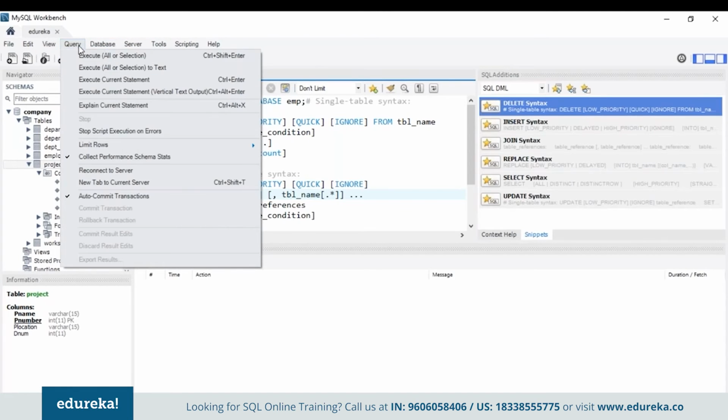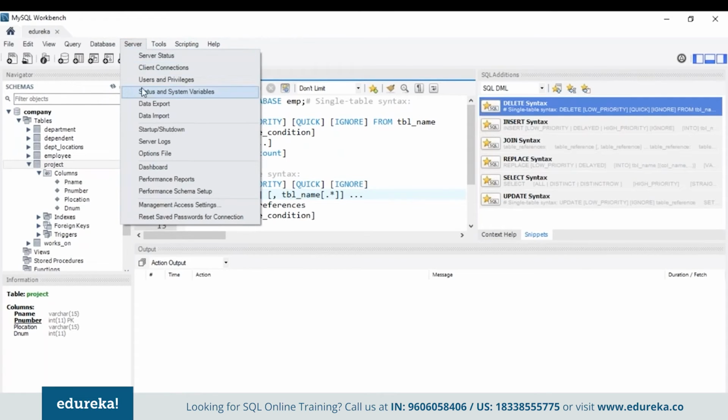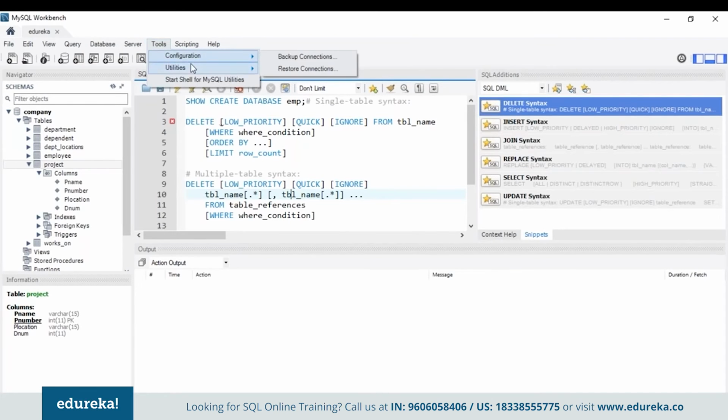And coming to the query tab, the query tab basically gives you option to execute the queries. Also gives you other options such as limiting number of rows in a specific query pane and also collecting the performance schema stats. The database option gives you all the options to connect to a database, manage, reverse engineering, schema, migration wizard, and so on. The server option gives you all the options such as data export, data import. That is basically from where you can export and import your data. You can view your performance reports, the schema setups, the dashboards, the accessing systems,